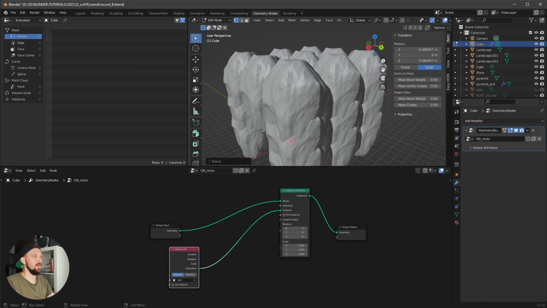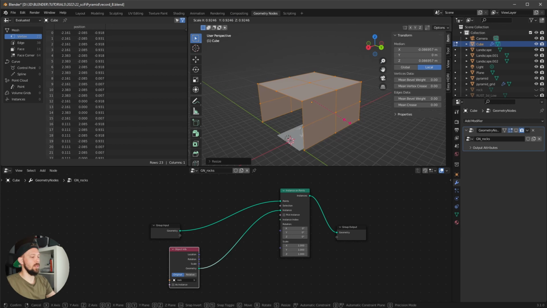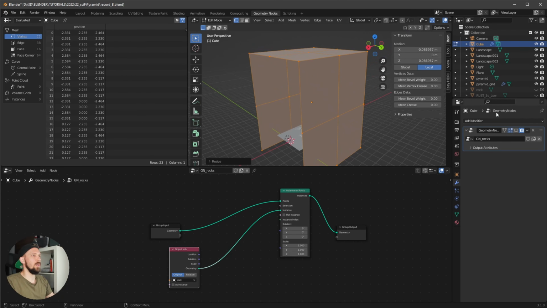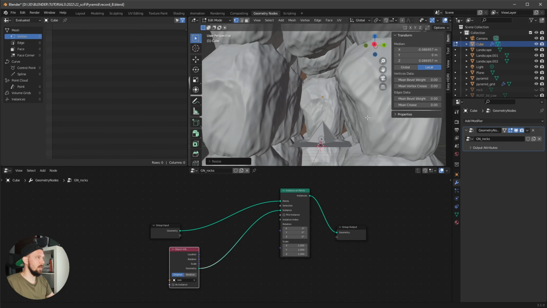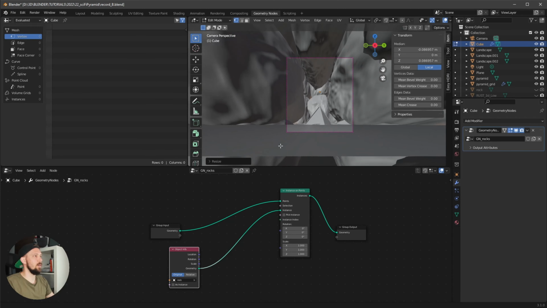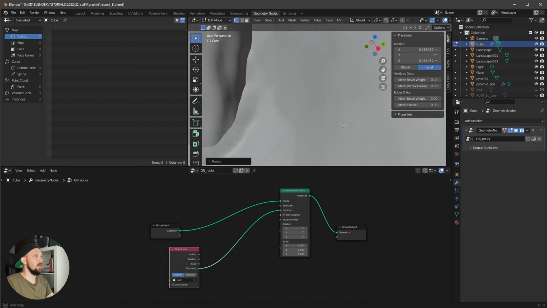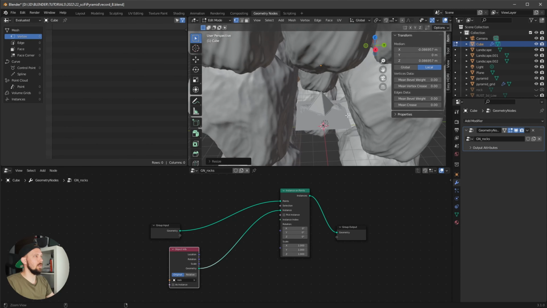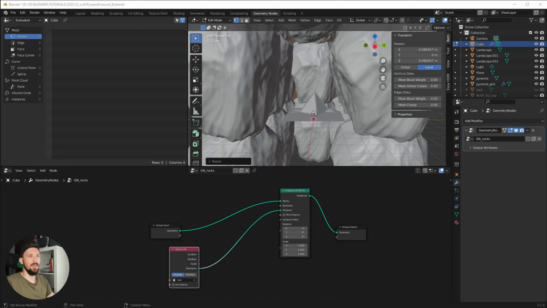Maybe let's do this again and scale this by pressing S and Z. So we are having a little bit more room inside. When we are looking through our camera now, we have this really big cave, but it looks a little bit duplicated. So what we can do now is